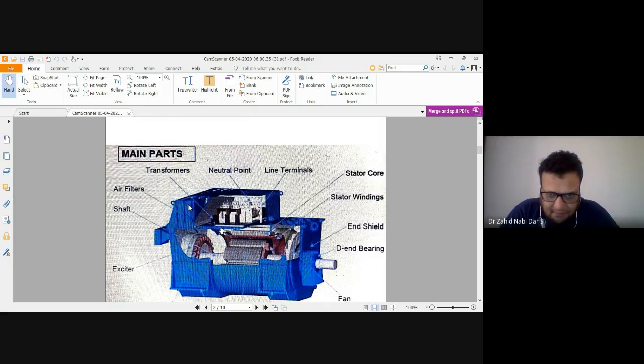But then there is a stator also. You have to give supply in case of a synchronous motor. Once you are giving supply to the stator, the stator also becomes an electromagnet, and then you suddenly cut off this, and the rotor and the stator speed lock onto each other, and the motor will operate at synchronous speed. It will not operate at some lesser speed because of slip, because there is no concept of slip in a synchronous machine.